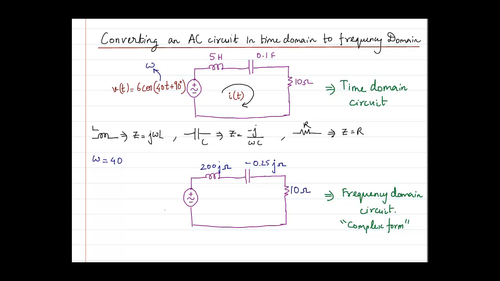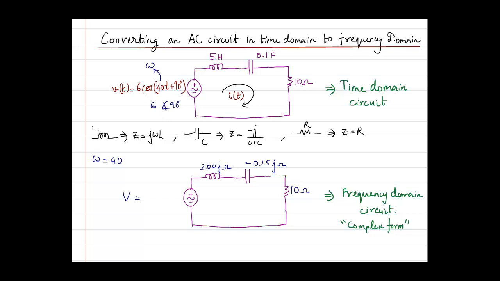Next, we will write V of t. Now remember this is a frequency domain, so we don't write V of t, we will just write capital V. Very important. Don't write V of t, we will write only capital V. And capital V now in phasor format. What is a phasor format? I have already told you that whenever we want to do the conversion, we take 6, and if this is cos, then we write it as 6 angle 90 degree.